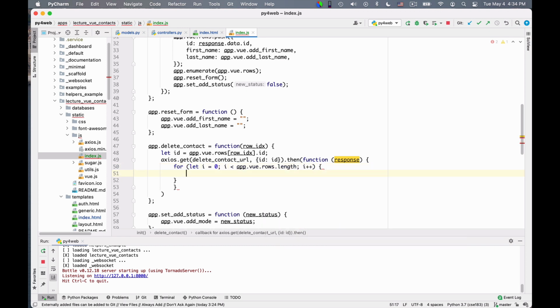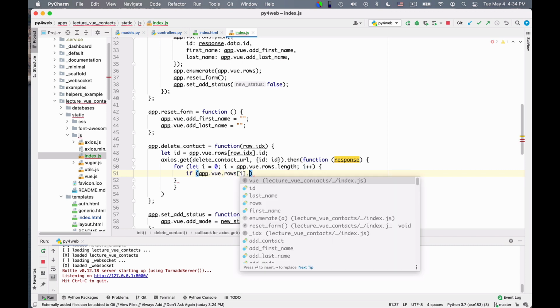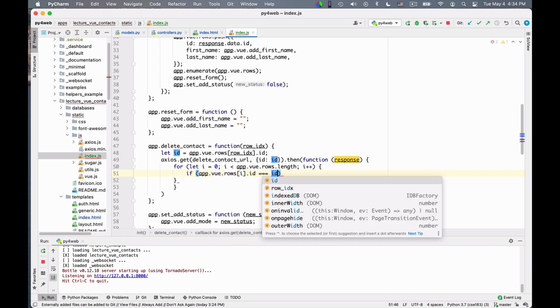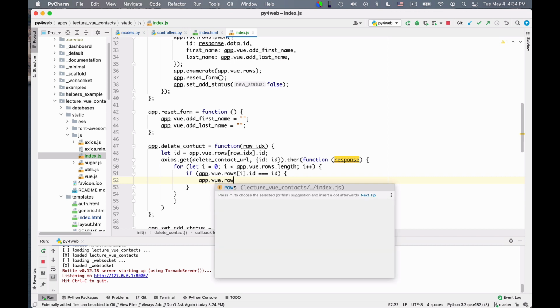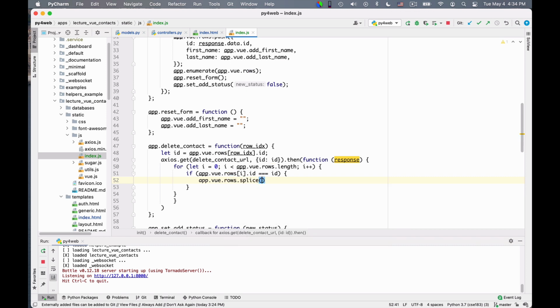Okay, and here I say so if app.vue.rows of i dot id is equal to the id, so if the row is actually the one I truly intended to delete and for which I sent the deletion message to the server, in that case I delete it and I say app.vue.rows.splice(i, 1).